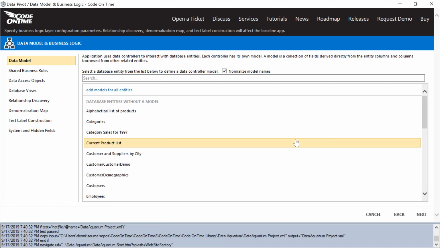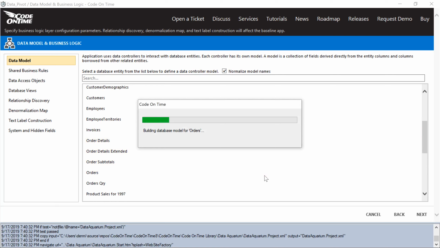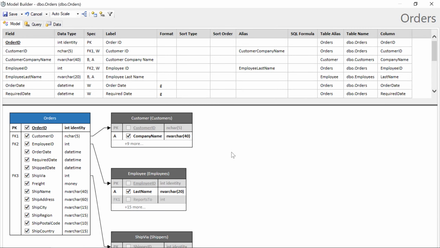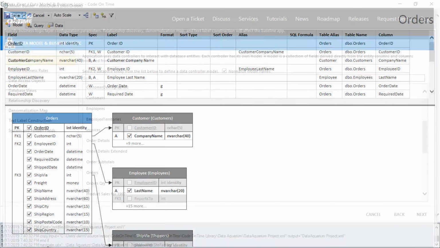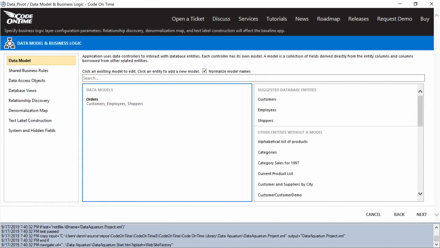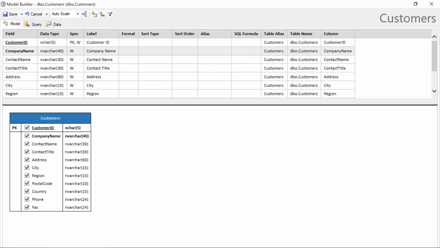Next, let's set up our models, starting with orders, customers, sorting by company name,